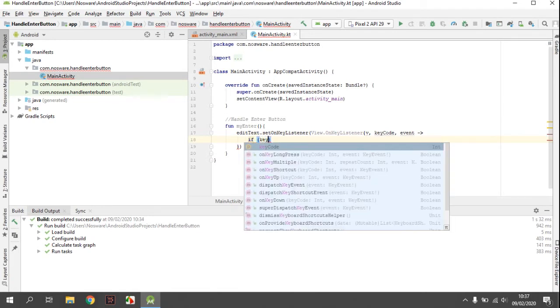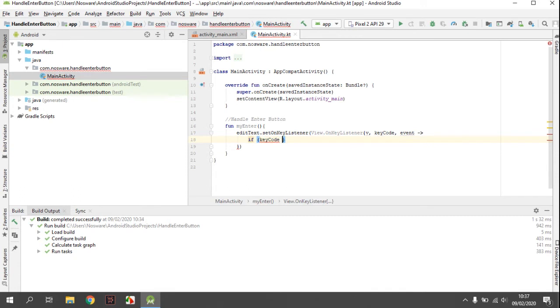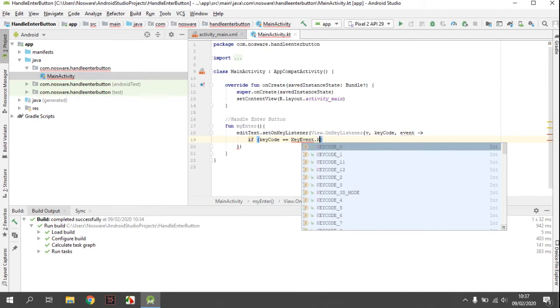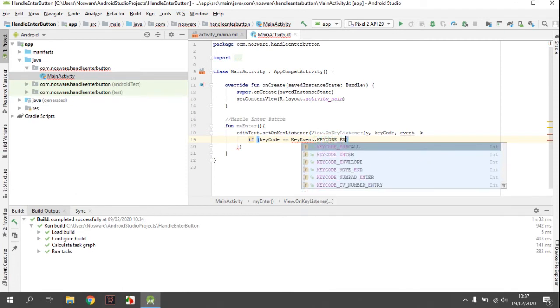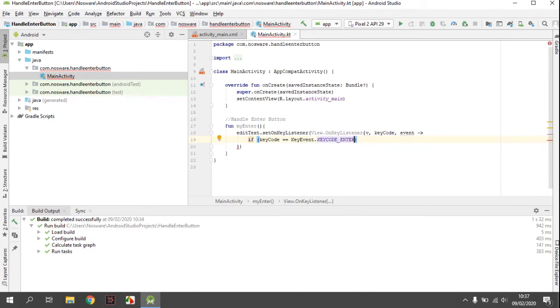If key code equal to KeyEvent.KEYCODE_ENTER, this is for enter button,